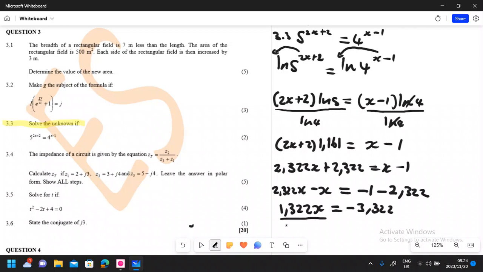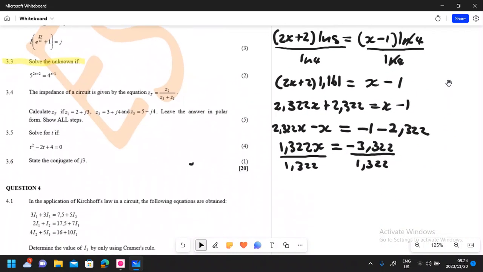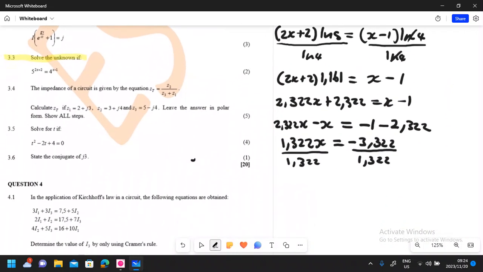Let's just do it. 1,322, and also we do the same thing here. 1,322. Right, let's create more space, guys. So this is gonna give us x, and that is gonna give us negative 2,513. So this is your answer for